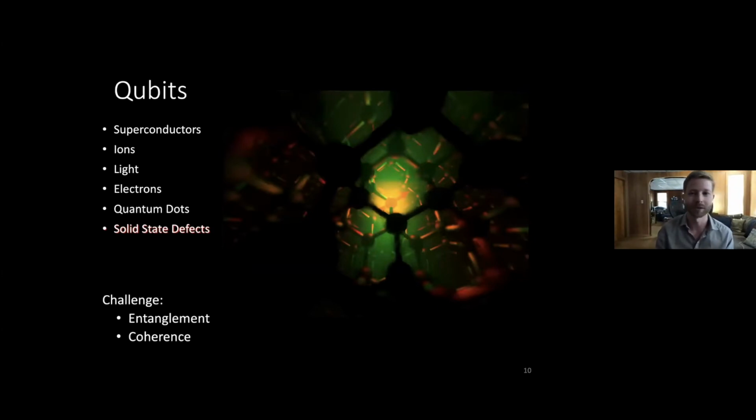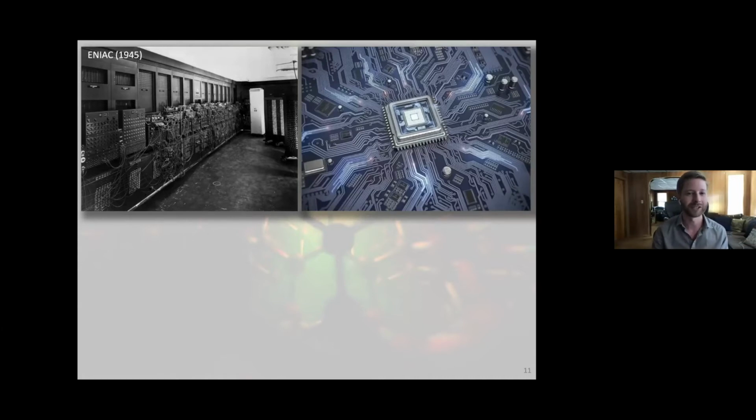have a long quantum coherence. And so we've seen the advantage of solid state systems because we can map it to the semiconductor industry. This is a picture of ENIAC back in 1945, which took up an entire room, and since then has been miniaturized to a tiny chip with orders of magnitude more power.